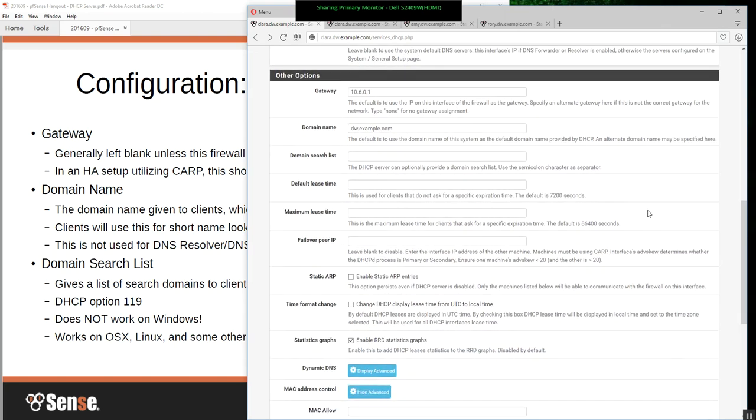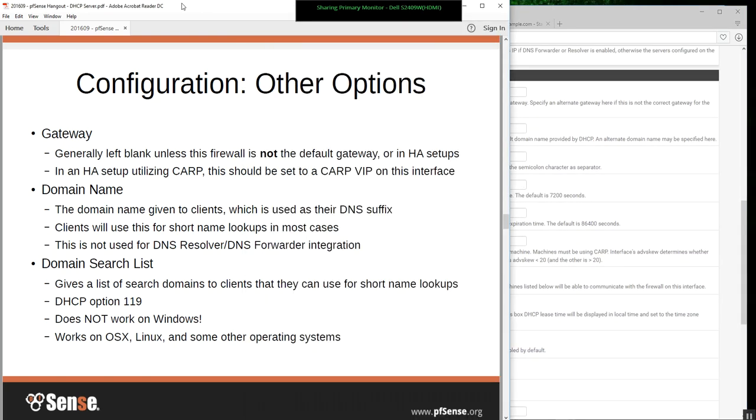All right, these other options as we go on down the road here, we have a gateway option. The gateway is generally left blank, so the firewall will hand out its own IP address. The only time you'd want to fill in an alternate gateway there is if the firewall is not the default. If you have some other router on your network that you want to hand out, then you put it there. Or in a high availability setup, you would put a CARP VIP in there so that the gateway is set